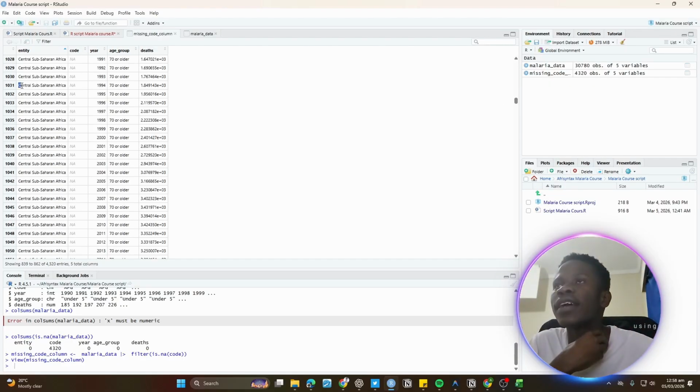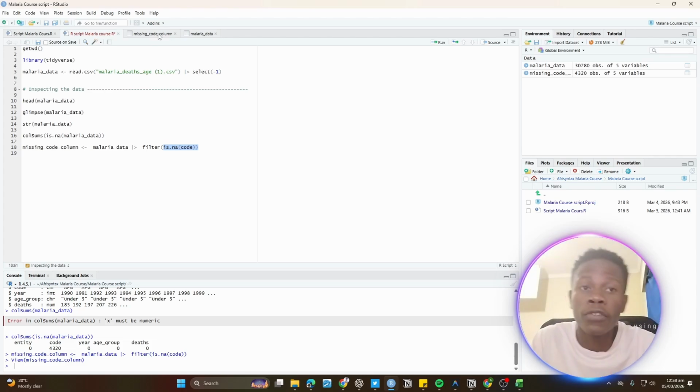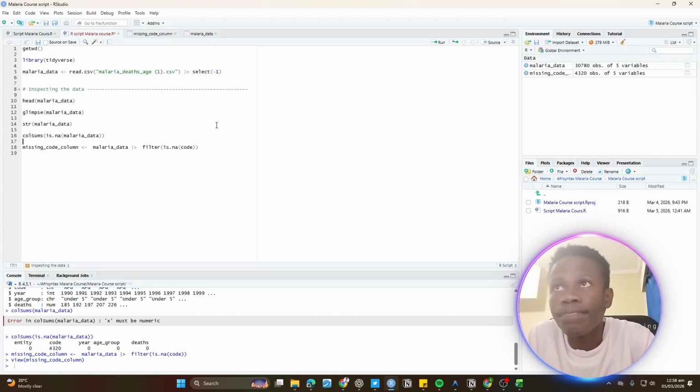So this is Central Sub-Saharan Africa. In 1994, there was a number of deaths. In 1998, there was a number of deaths. So they categorize the data. So for example, if we were to just run functions randomly and combine everything, what will happen is we'll duplicate the data and then we're just gonna screw it up. So yeah, it's important to use the colSums function, because if you find missing data, then it's just gonna work out better. Keep in mind this is a simple file, but step by step. Anyway,